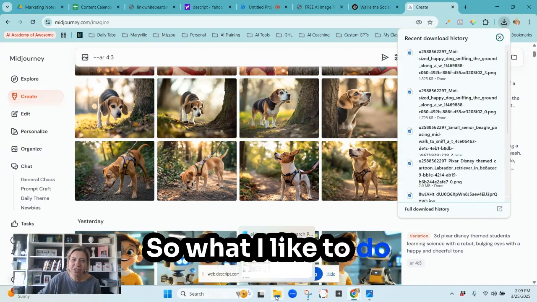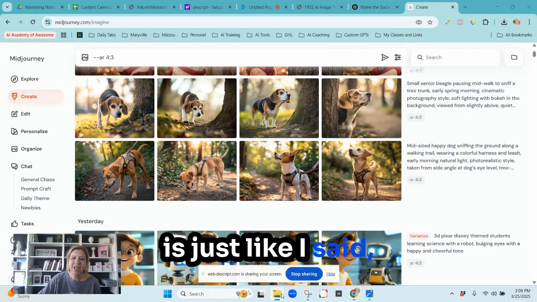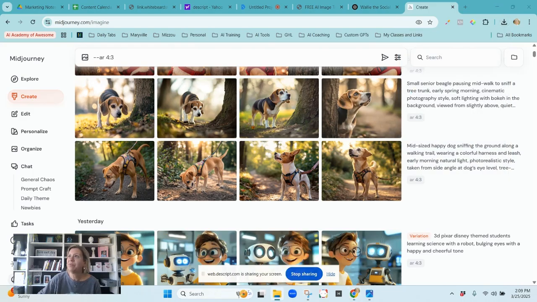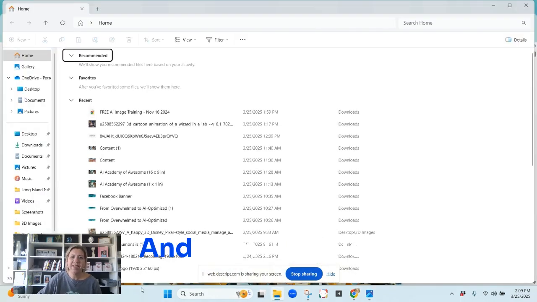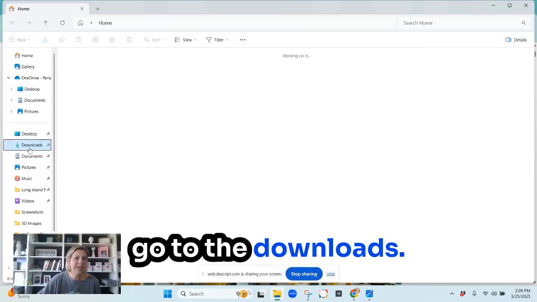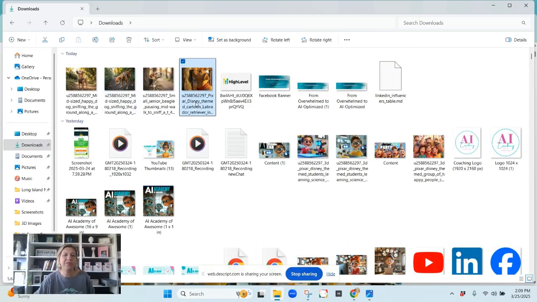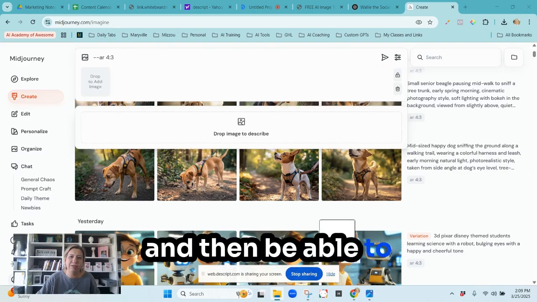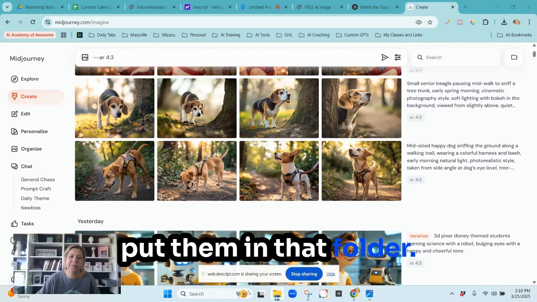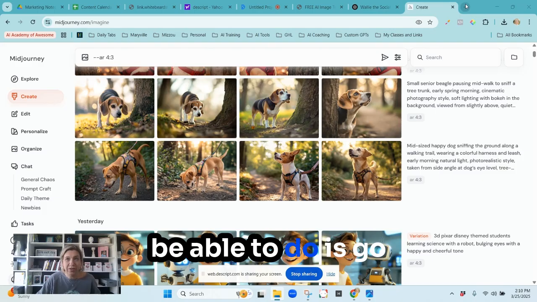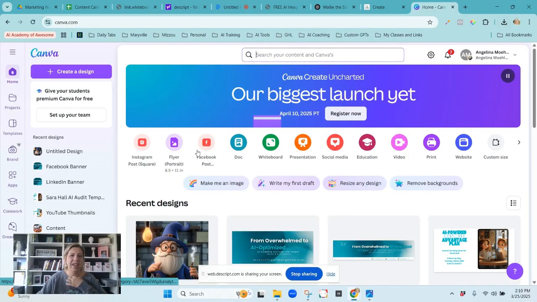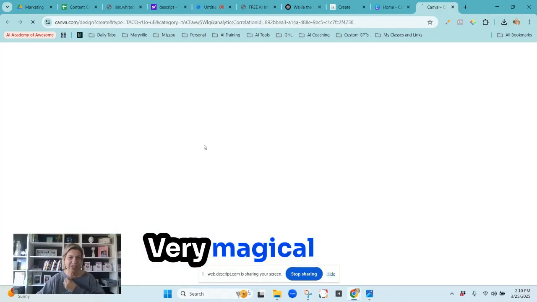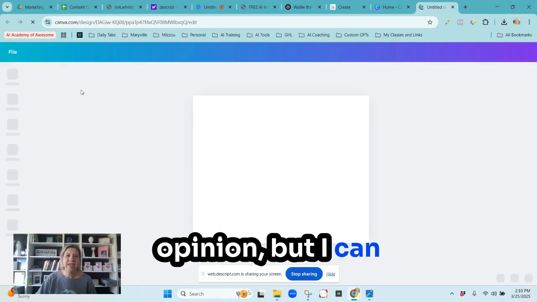So what I like to do is just, like I said, I'll create a folder on my desktop, and then I'm able to go to the downloads. I can select all these images and then be able to put them in that folder. And then what I'm able to do is go over to Canva, and this is very magical in my opinion, but I can